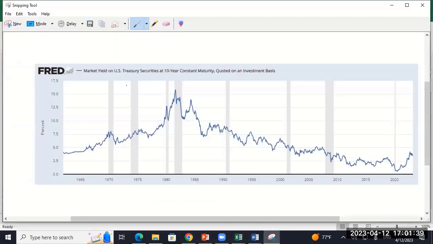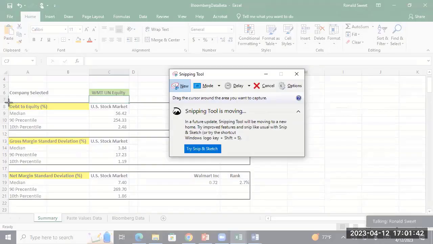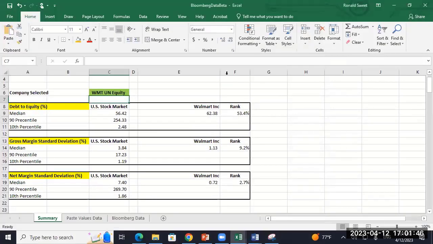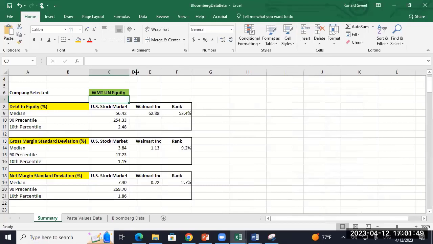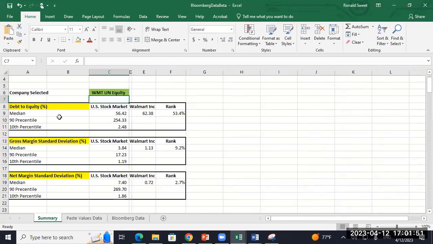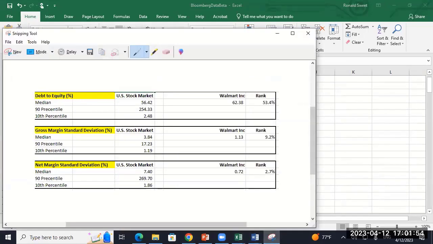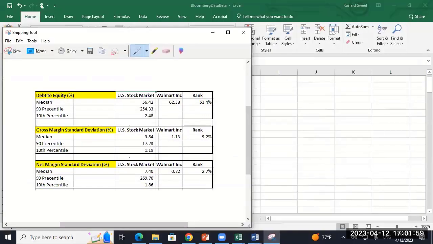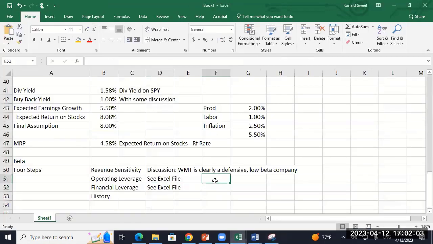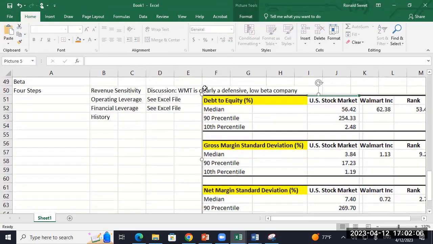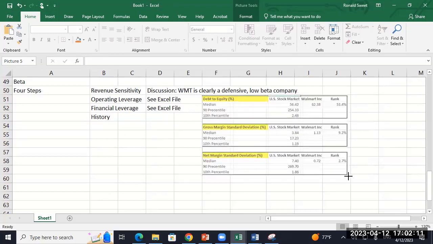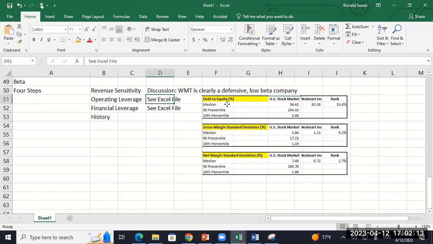So I'm going to bring this in, and you can bring this into your paper. You might clean it up a little bit so it looks a little bit nicer, but especially, I don't need that thing so massive. Right. So for operating leverage,